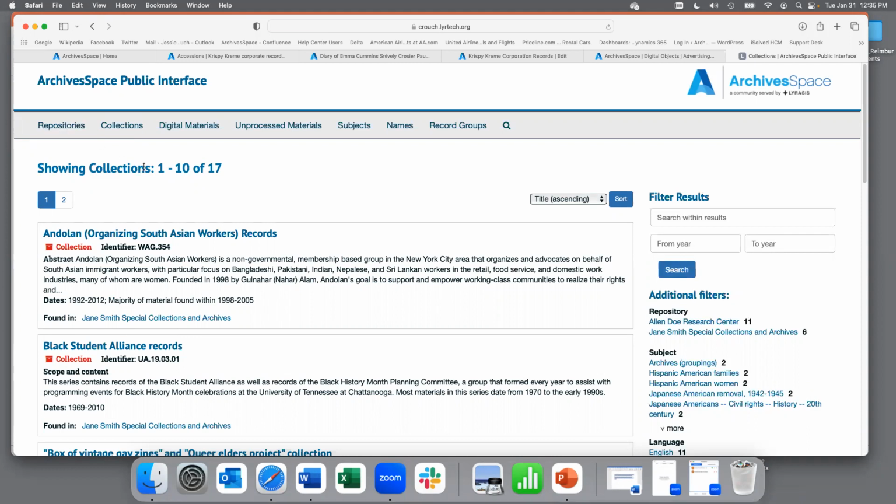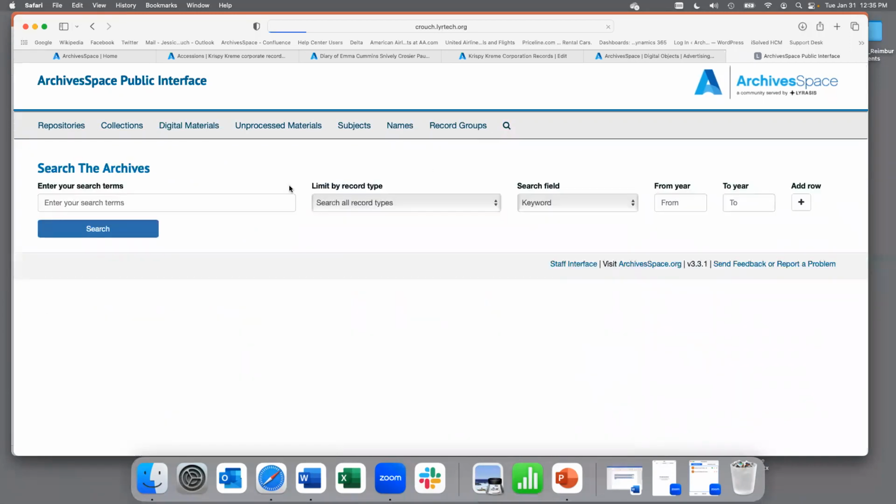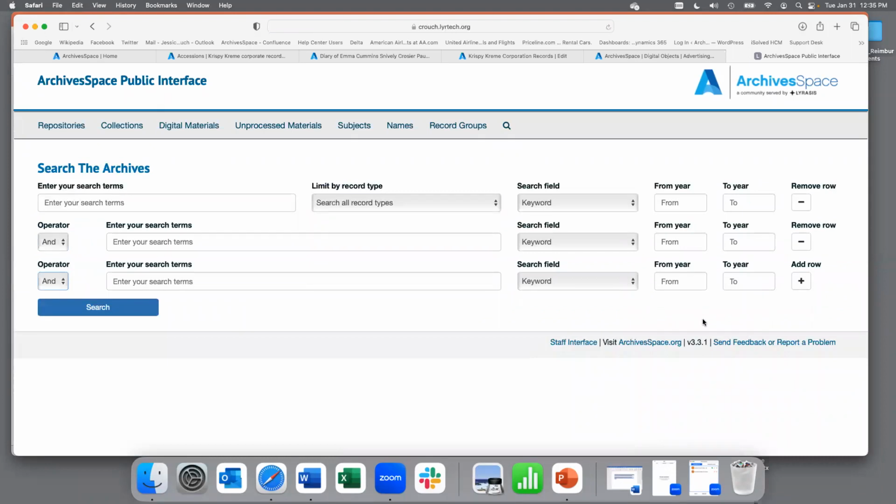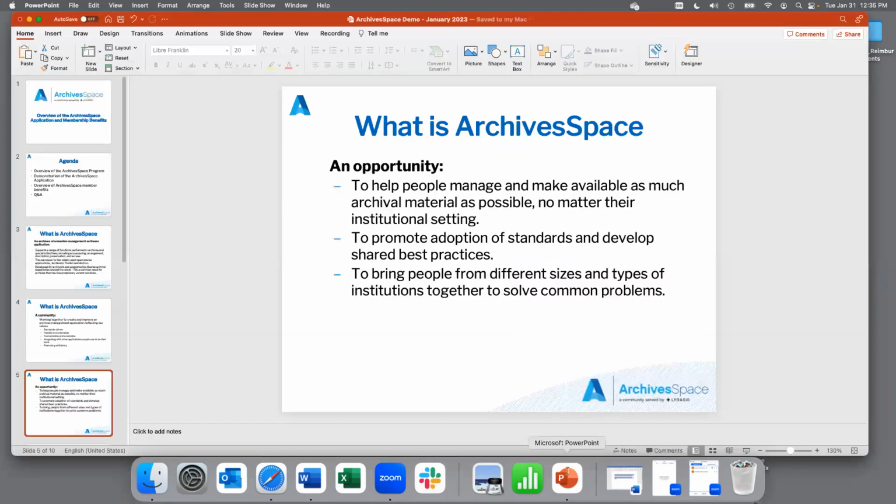So here you're seeing all of the collections available across all repositories in this implementation, and you can filter within those results. Or again, you could go and just do a basic keyword search or a more advanced search, just like you can in the staff user interface. So with that, I'm going to move over very quickly back to our slides